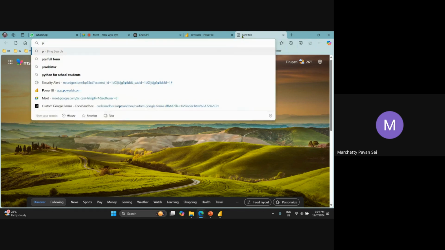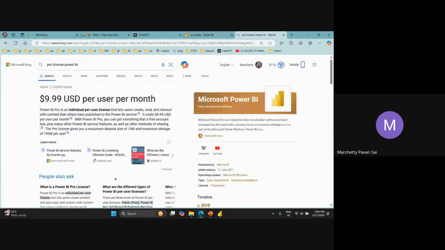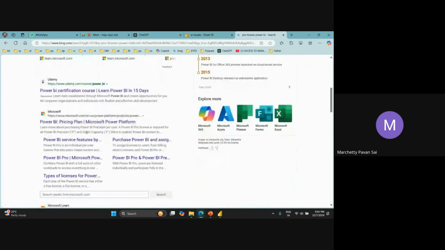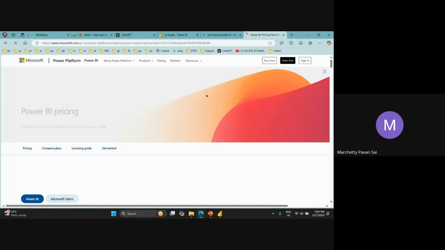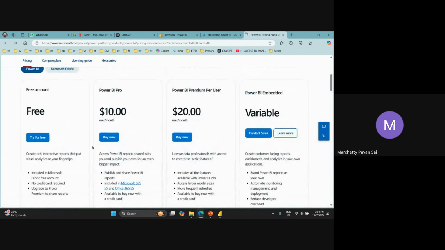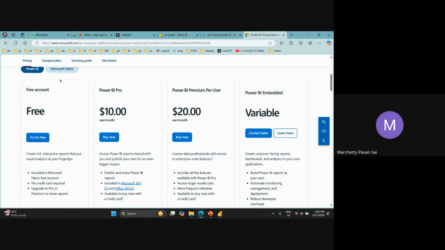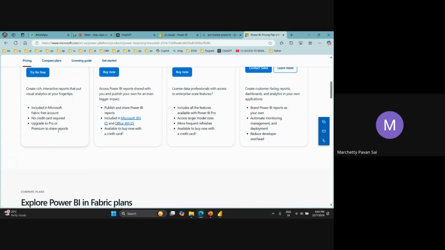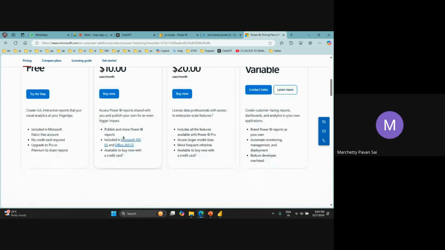let me show you. You can understand the licensing part, what access you would get and what not. Suppose you have this Pro Power BI pricing plan. You can take this help. Usually, if you have a normal account, or a free trial account, it will not have much utility. You will only be able to view and do some basic things. But if you want to share, publish and do better things, you need to have